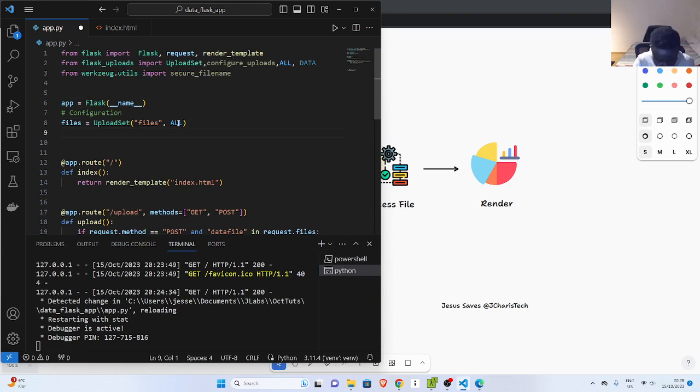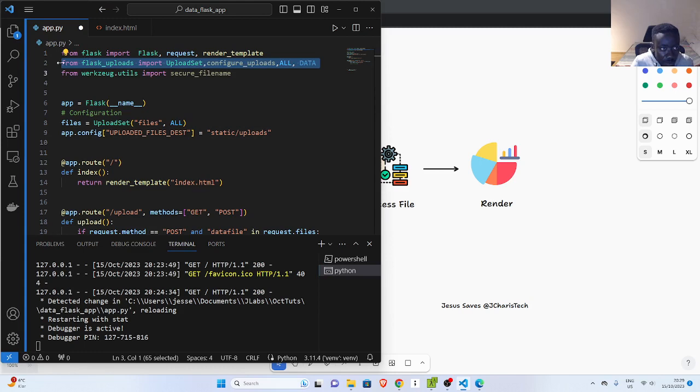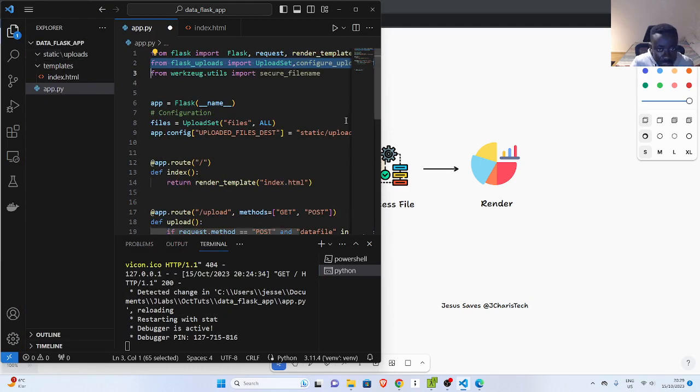So that is specific. Then I want to configure the app and specify where it will be uploaded to, right? So uploaded files destination, right? And this will be my storage, or we call it a static, and then inside my uploads, this static upload is coming from here. If you go back here, we had static and uploads, right? So that is what